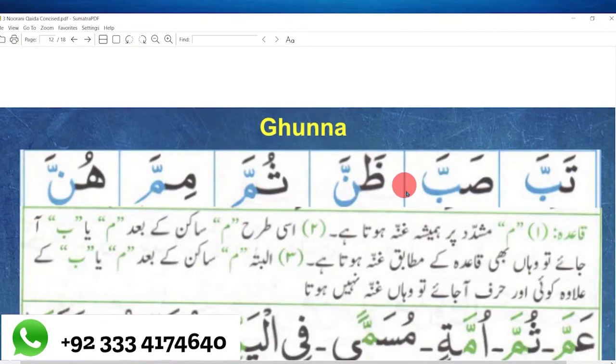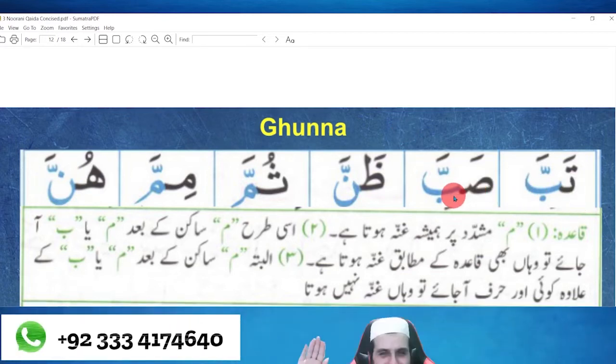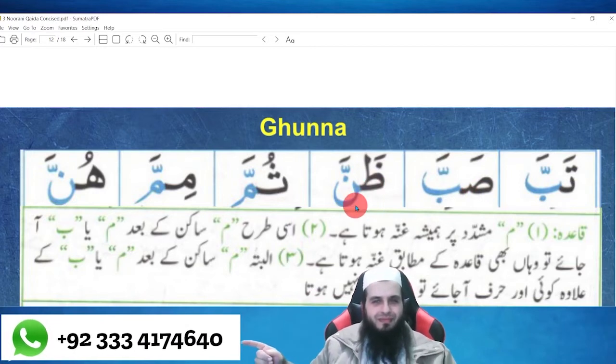Alright. We have already talked about gunna. If a noon has a tashdid on it or meme has a tashdid on it, we press these letters for 1 second. If there is tashdid on other letters, we press them for only half a second. So for example, tabba, sobba, but this will be dhanna,